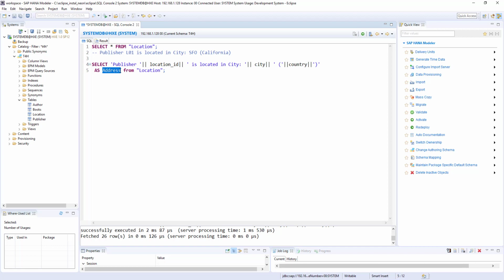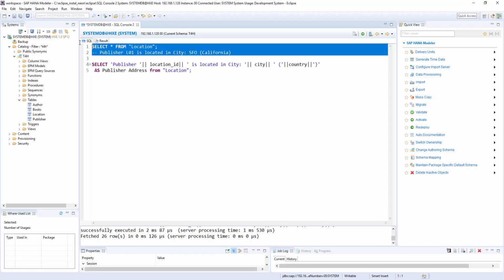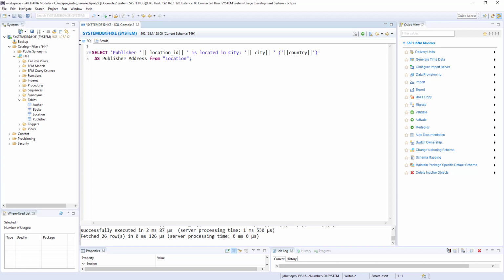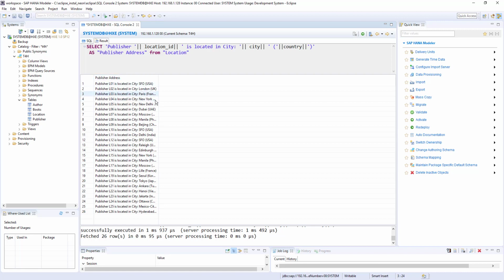Also, an alias may be a single word or a complete string. For example, publisher address. If I run this statement, okay, let me remove this code, and if I run this statement, I got an error because I used two words, publisher and address. If I want to use publisher address, then I should keep the column name in double quotes. Then I get output.